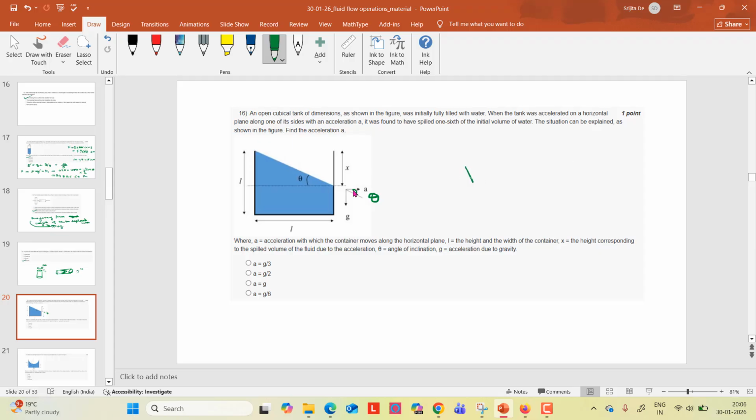So what will be tan theta? Tan theta will be a by g. Calculate tan theta equals to,